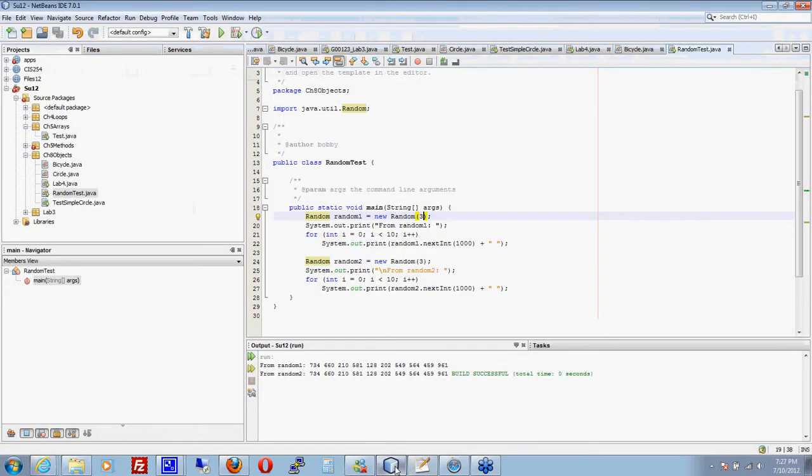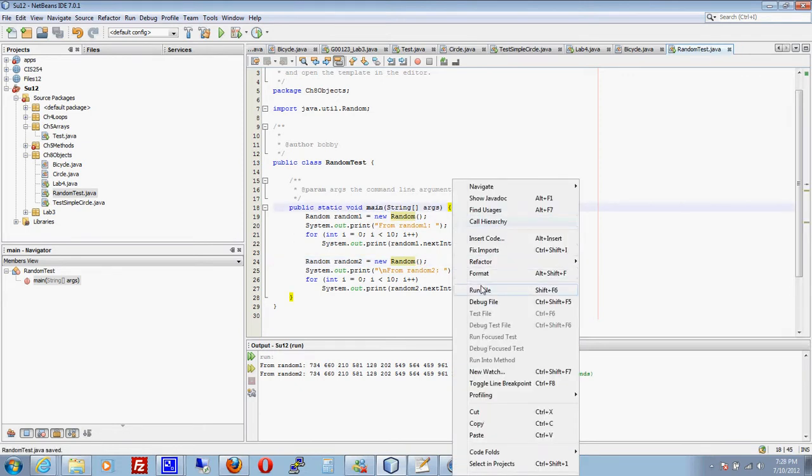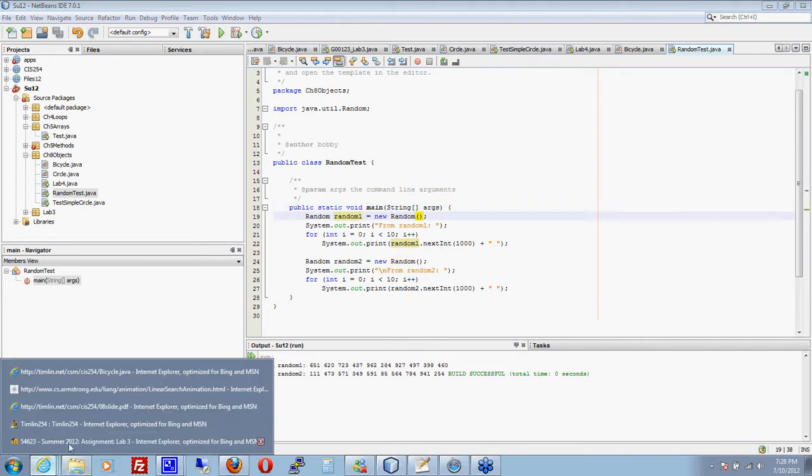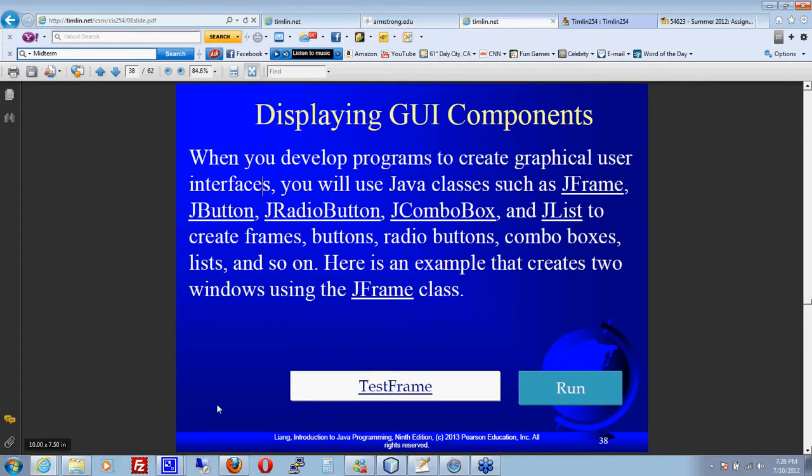If we don't give it a seed value, I think we're okay. Then you get different numbers each time, because if you don't give it a seed value, it's going to use the clock tick. So you get something different. Okay, any questions on any of